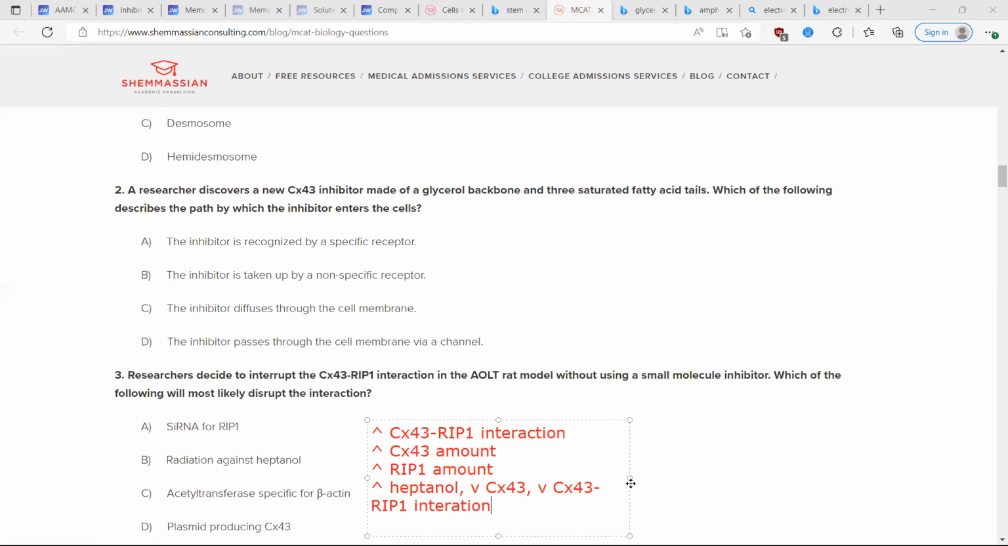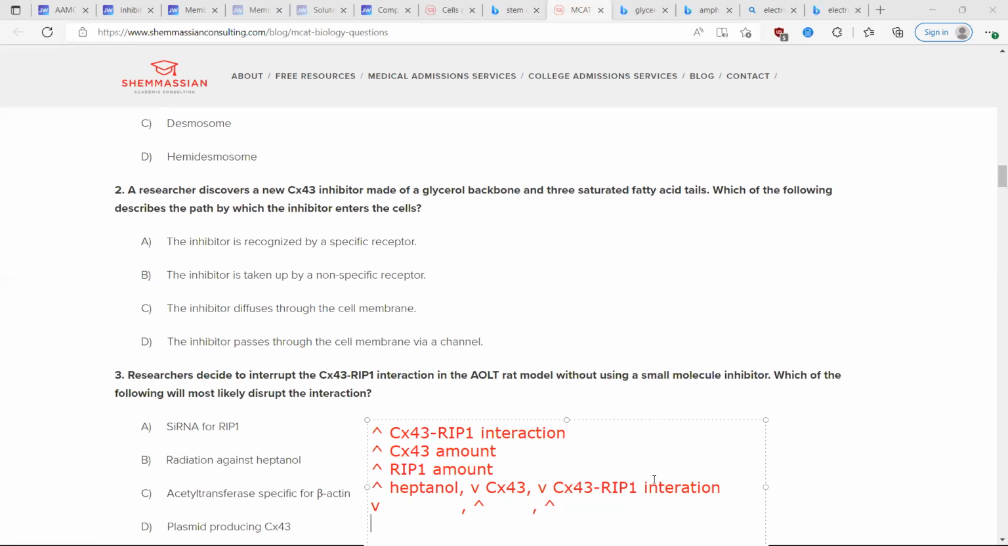But this answer choice is saying using radiation against heptanol. So radiation is destructive, right? If you use radiation to decrease heptanol, then it'll have the opposite effect. It'll decrease heptanol, which would increase CX43, which would increase the interaction. Again, this is not what we want. We want to interrupt the interaction. So this, again, does not make sense. Lastly, we have